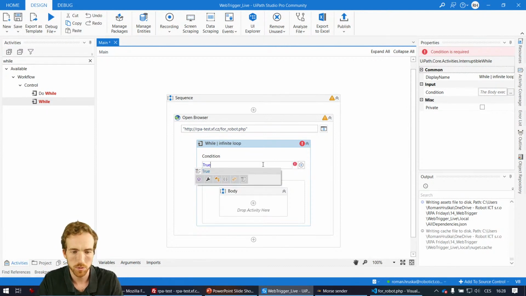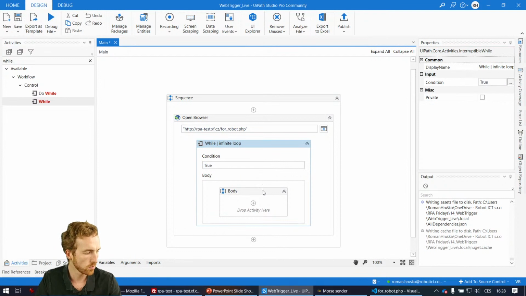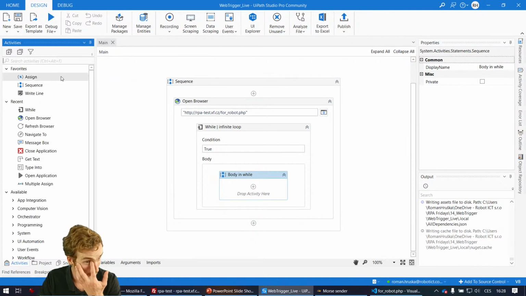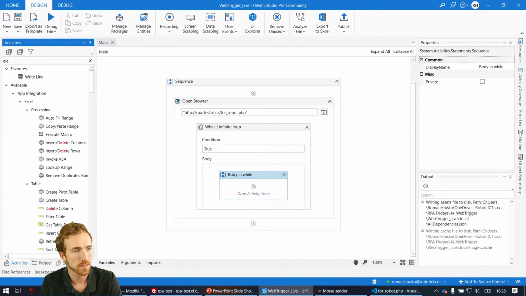And here the condition will be true. So now the condition is fine. I will rename this body in while, just to have nice naming convention following, right? And in the body in while, I want to check if there is the element, if there is a new item. So I will use element exist,